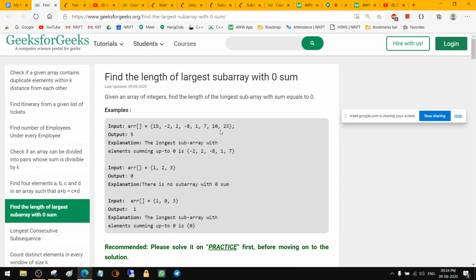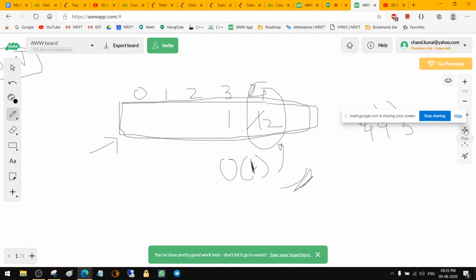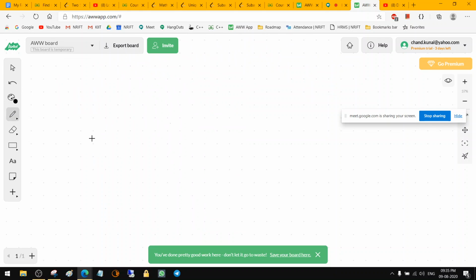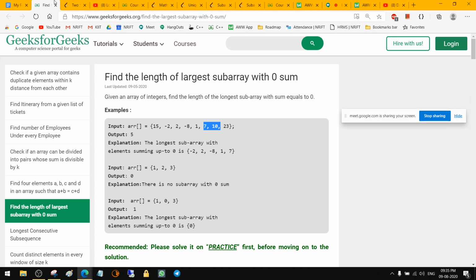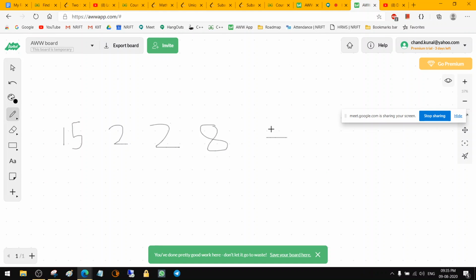अरे मान लो, ऐसा भी तो हो सकता है ना कि छोटू या बीच वाला एलिमेंट भी जीरो हो जाए। जरूरी थोड़ा ना कि बड़ा में अगर खत्म हो गया तो अंदर छोटे में नहीं हो सकता। समझ रहे हो? लाइक अगर ड्रॉ करके मैं बताऊं, इफ यू वांट। ठीक है रुको, लेट्स डू इट। 15, फिर क्या था, मे बी 2, 2, 8, ठीक है, और माइनस। शायद हो सकता है। लेट्स चेक इट आउट।